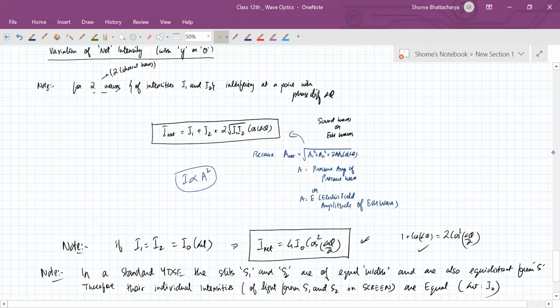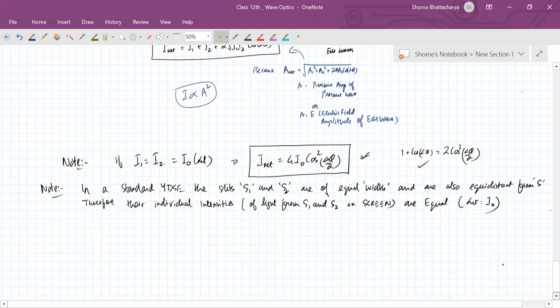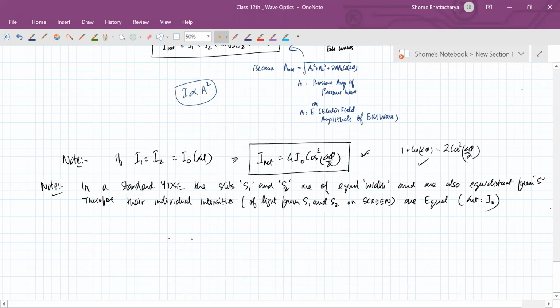Okay. So the net intensity at any point on the screen is from this formula. Now we just have to replace delta phi with the relationship of phase difference with linear position y or with angular position theta. So therefore you can see that at a point P